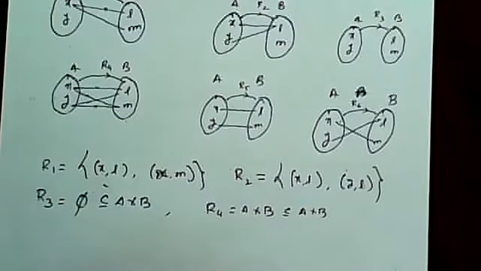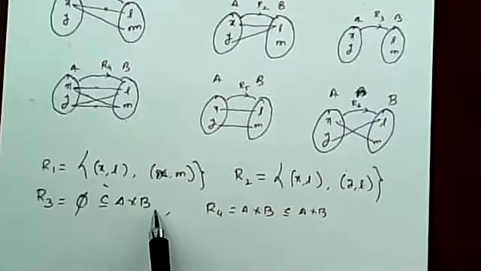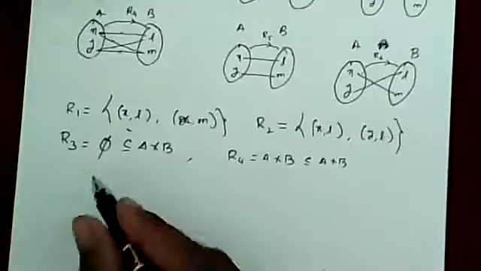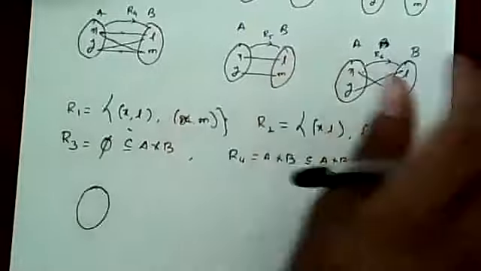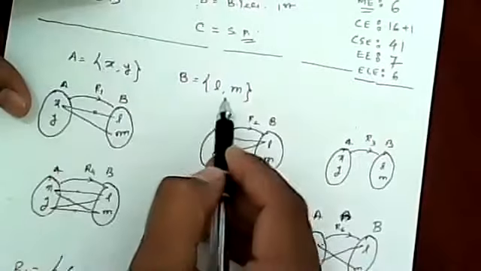Sir, why can an empty set be equal to A cross B? Not equal, it cannot be equal. The only possibility is if one of A and B is empty. If one of A and B is empty, then yes, that is an empty set. Just imagine, if we have a room where we have not put any element, any member, like in this case, I have considered a team of girls and a team of boys.